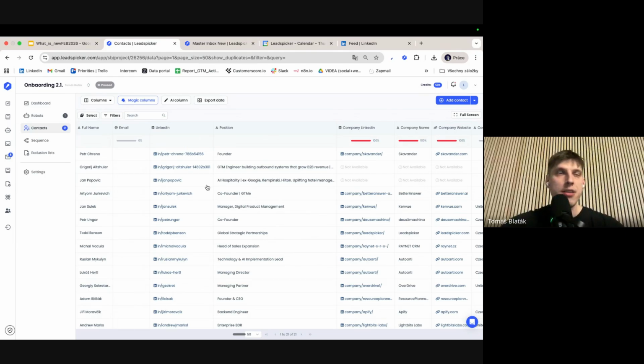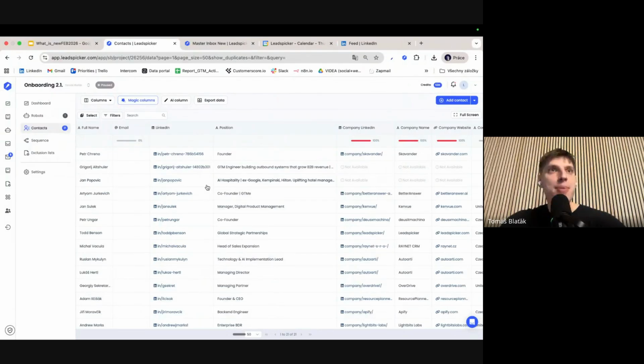You can try to search something through the Leadspicker magic columns, etc. But for example, we still do not support phone numbers, or someone using Perplexity in their research, and they would like to use the input from Perplexity here in Leadspicker, but we are not supporting that, and it's pretty tough to implement all the new data sources, but we're working